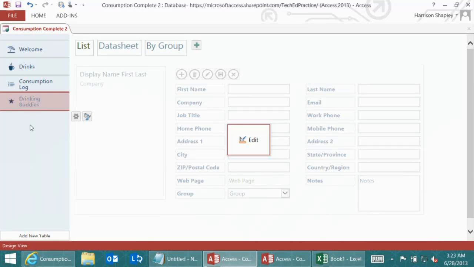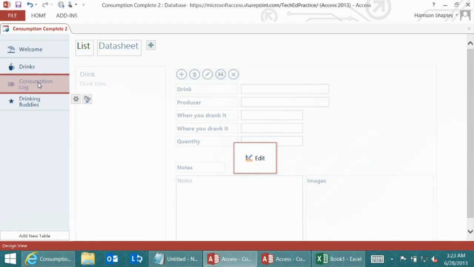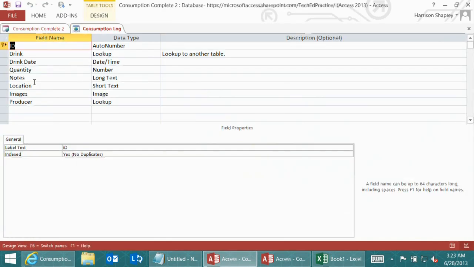And now what I need to do is create a relationship between the consumption log table and the drinking buddies table so that I can actually record who I was with when I drank somewhere. And so I'm going to just double click on the consumption log, and here I'm brought into the table designer. And so I see all the fields that I have and all their types, very easy to use. And so I'm just going to add a new field here,